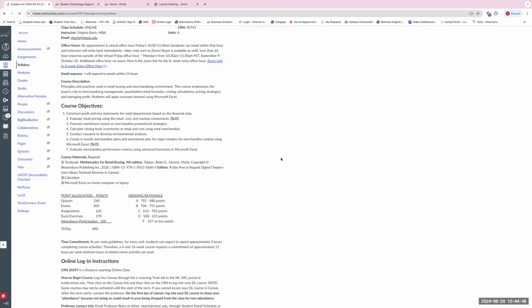You should have the mobile Canvas app to keep up with the course announcements and what's going on. That's also going to help you see due dates and things like that. You're not going to be able to do homework on the app, but the app will keep you alerted to any announcements that I make, which I will be making weekly announcements and probably several depending on the needs of our class.